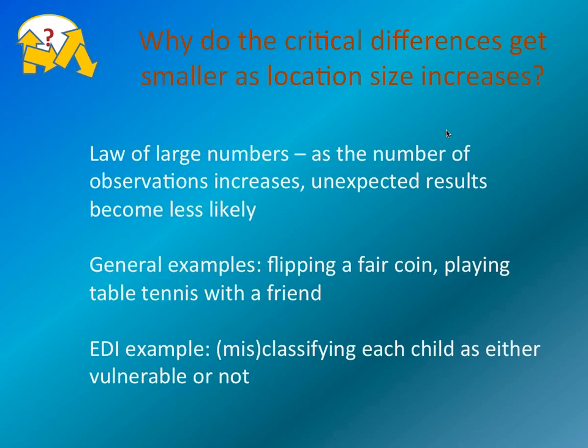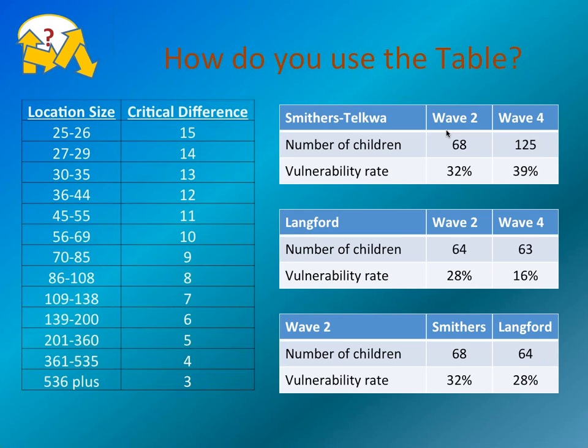I just want to give you a sense. What you can see from the table is that the critical difference really gets a lot smaller as the number of children goes up. And in fact,